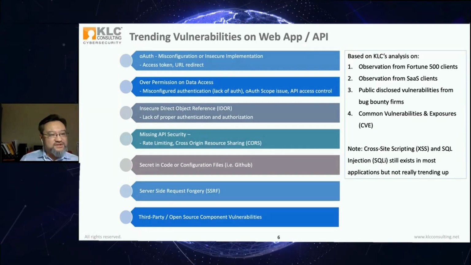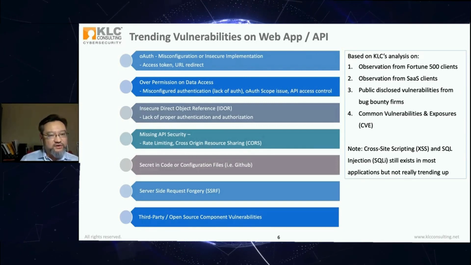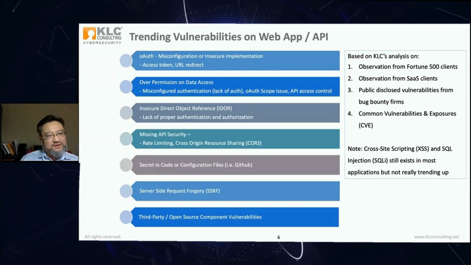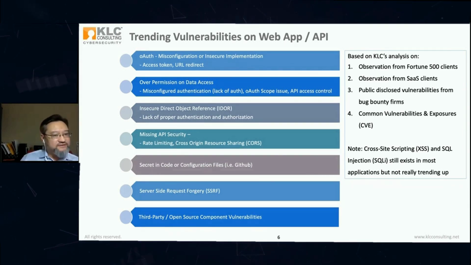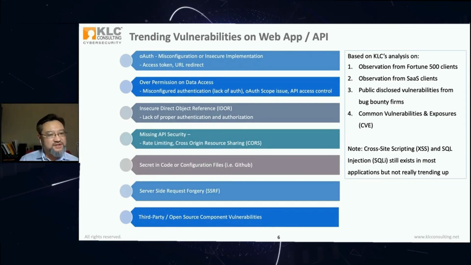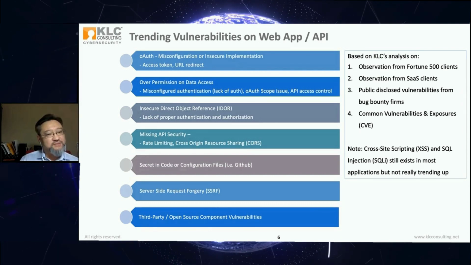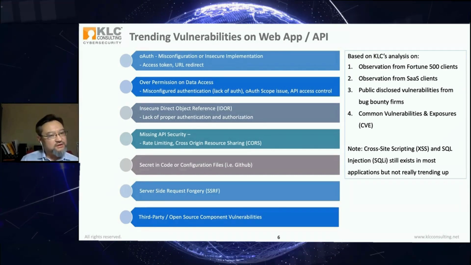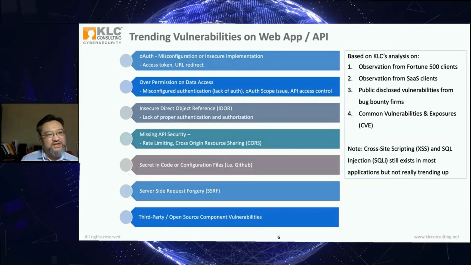Okay. The next one is secrets in the code and configuration files. We're seeing a lot of these on GitHub. A lot of attackers go to GitHub to find secrets. For example, one of the major coffee chains had this problem earlier, in January 2020. A security researcher found a secret, which was an API key that was used for their internal systems as well. Luckily, it was found by the security researcher, who got a bounty. However, if it were a real attacker, that would be very devastating for this coffee chain.